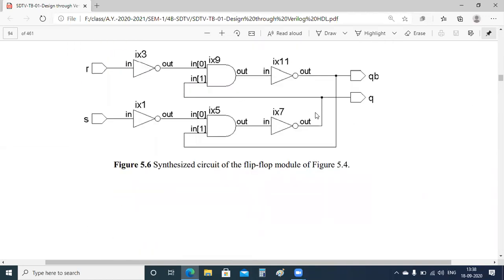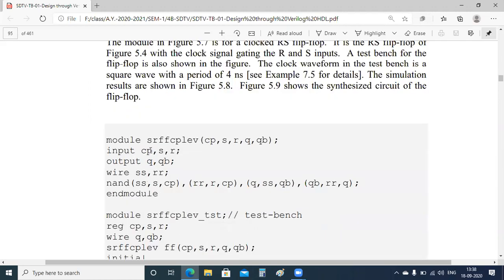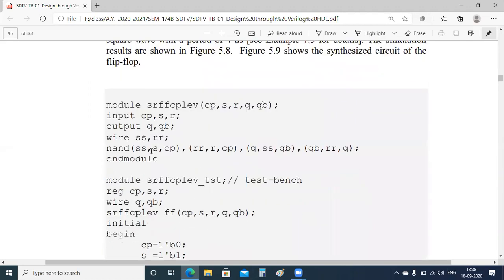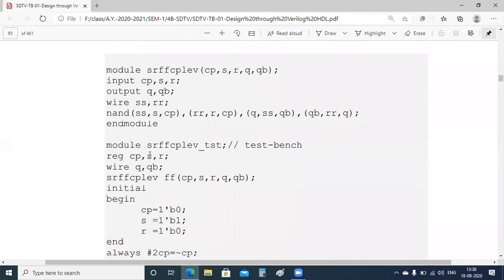We have written only the program and test bench for this one. This is the first one we used, a simple latch. I extended that simple latch to the RS flip flop. Now this is the case where I use my SR flip flop, where I can also have a clock pulse, CP. This simulator may accept the inputs followed by the outputs, but we will be writing only the outputs followed by the inputs.